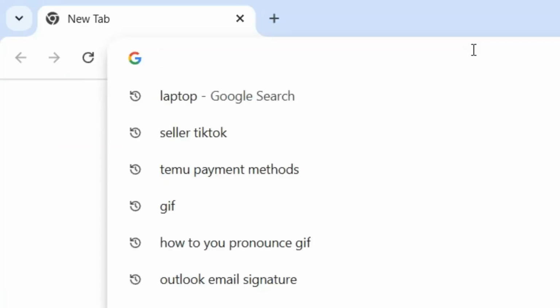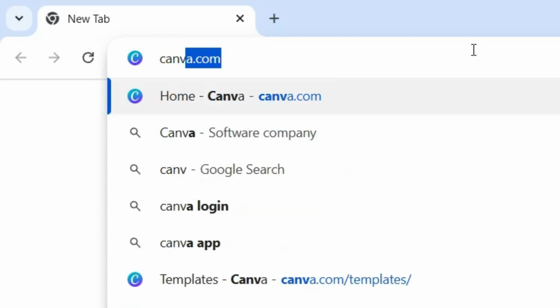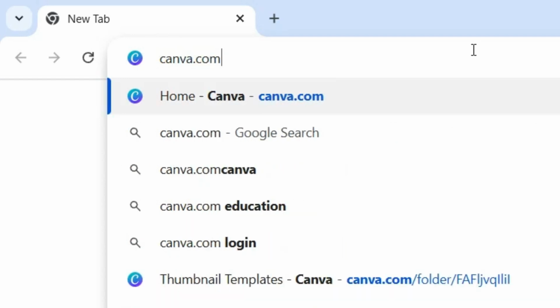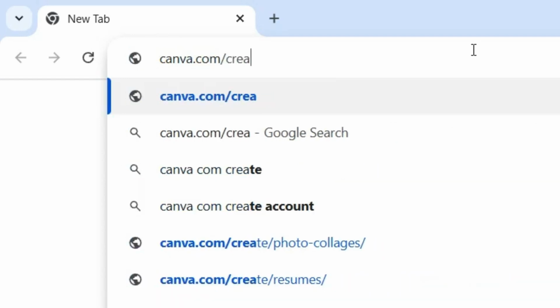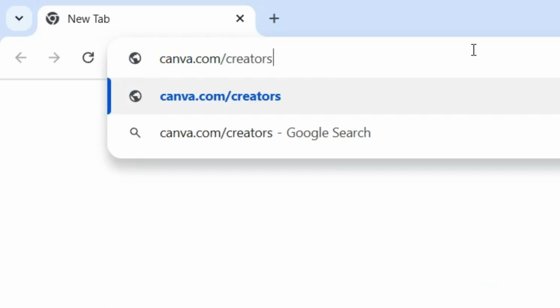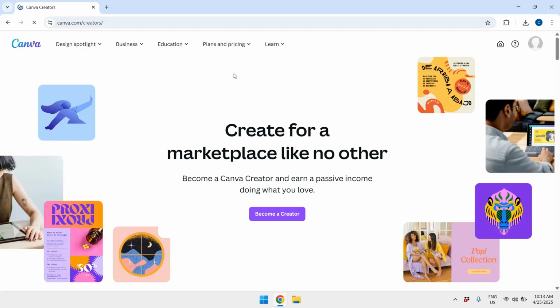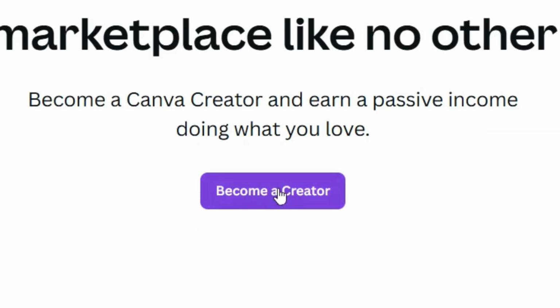So in the search bar, let's just type canva.com/creators. Then press enter. From here, you will be redirected to the creators page of Canva. So from here, just click on become a creator,